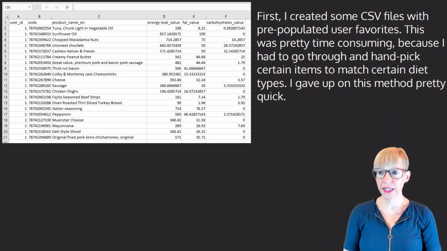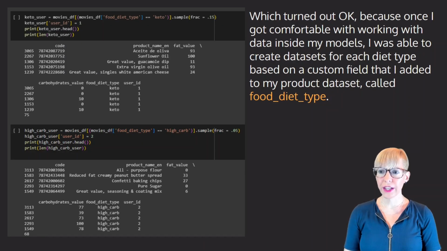First, I created some CSV files with pre-populated user favorites. This was pretty time-consuming because I had to go through and handpick certain items to match certain diet types. I gave up on this method pretty quick, which turned out okay because once I got comfortable with working with data inside my models, I was able to